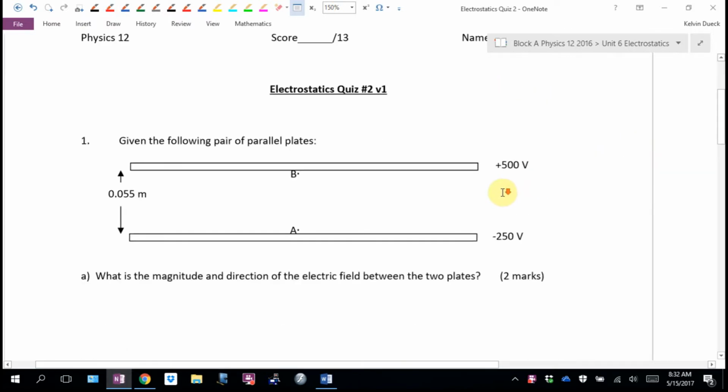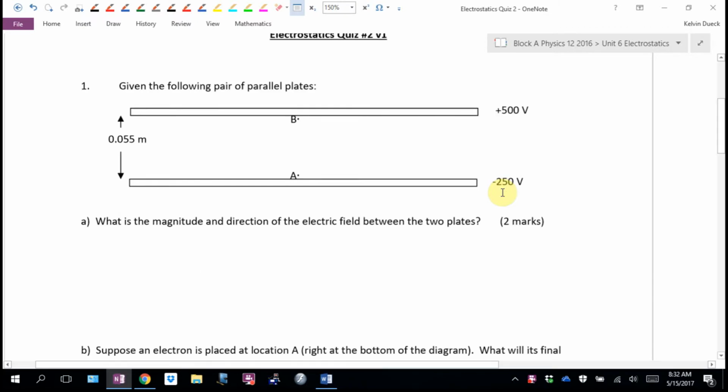Hey, this is a parallel plate question. As soon as I see a parallel plate question, Julie, probably I'm not using any equation with an R in it. What is the magnitude and direction of the electric field between the two plates? So electric field, I can calculate as kQ over r squared. I just said I'm probably not going to be using an equation with an R in it. The other way to find electric field on your formula sheet